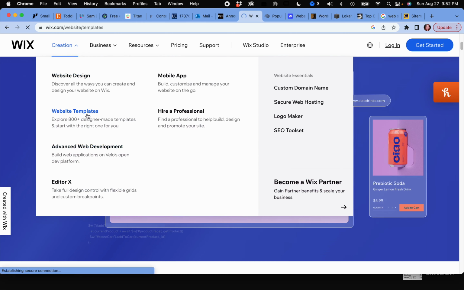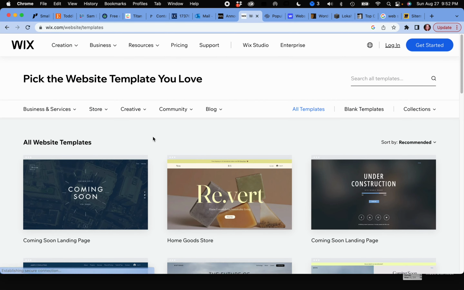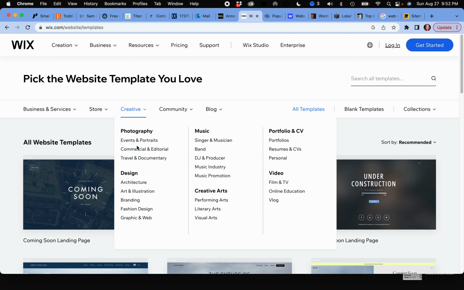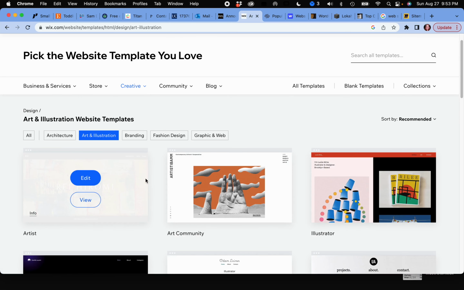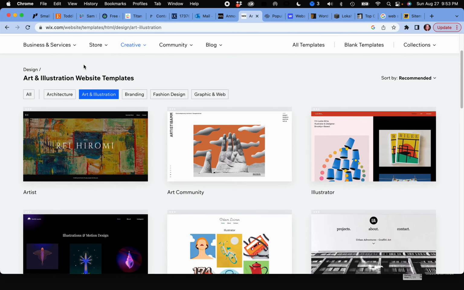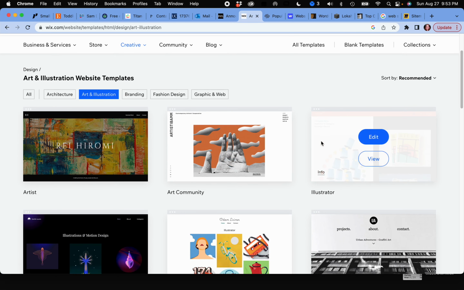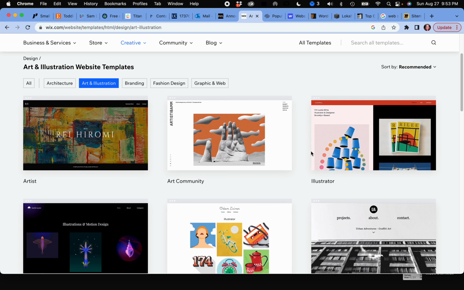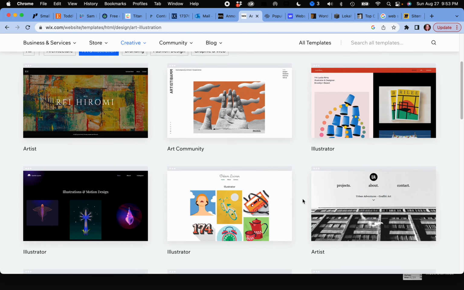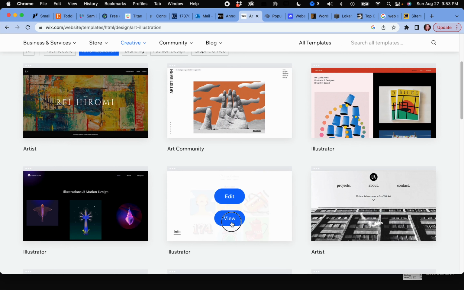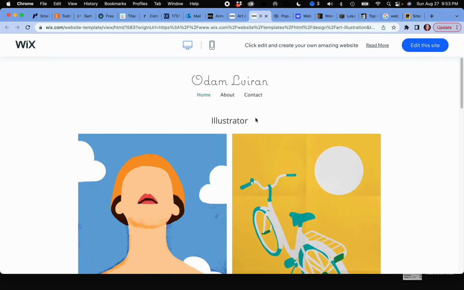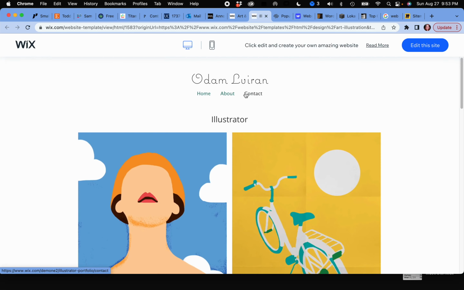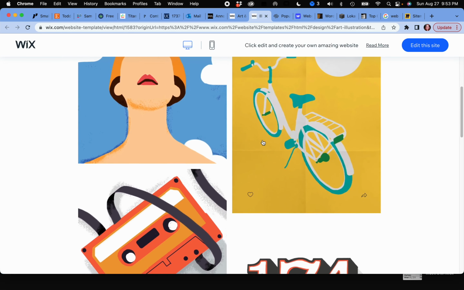This is just a really good place to look, like, we can search creative, and maybe you're more focused on art and illustration. You can also search through their templates and find things that, if you are going to tackle your own creation from scratch, you might even find navigation or things that you like. Like, I'll just show you one of them. Like this one, obviously this is missing one of the tabs, but just so you can see how they laid